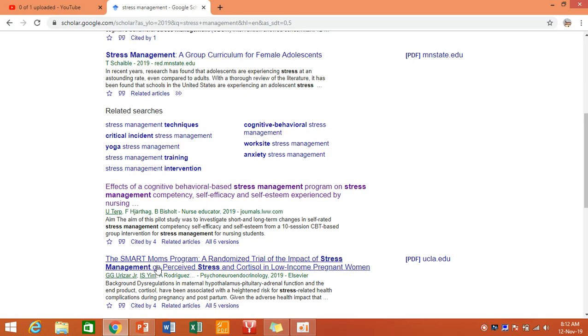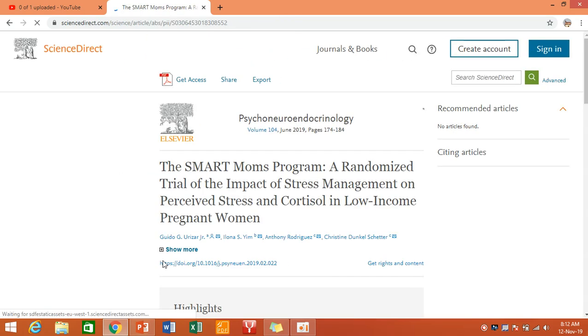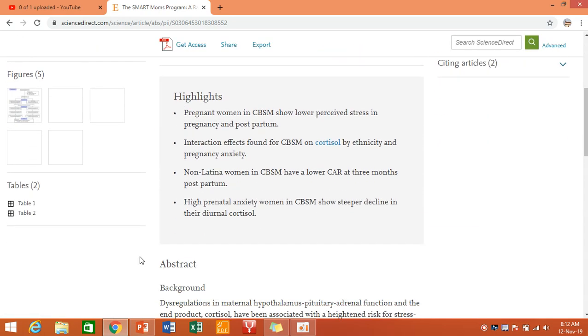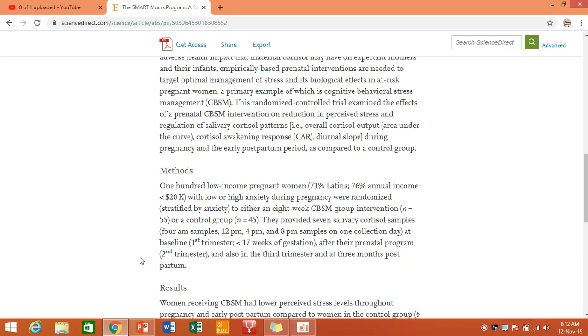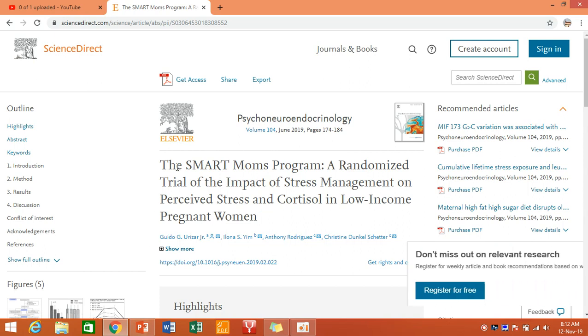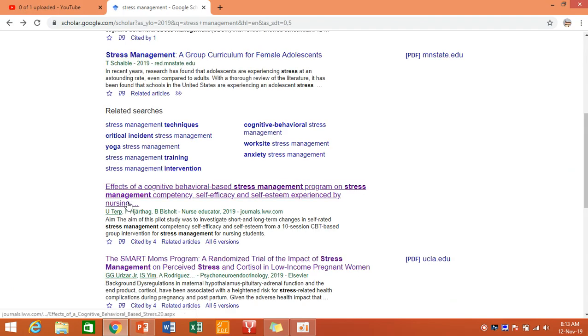So let's suppose we click any article, this one, Smart Moms program, whatever, and now you can have it. Okay, so here is the article. Here are the highlights, here's the abstract, the method is there, but it's not the full text. You can get this article, like this one is published elsewhere. Now sometimes it is mentioned, for example, if we go here,